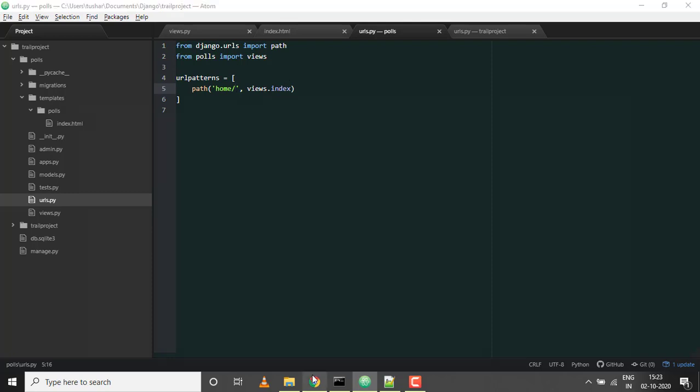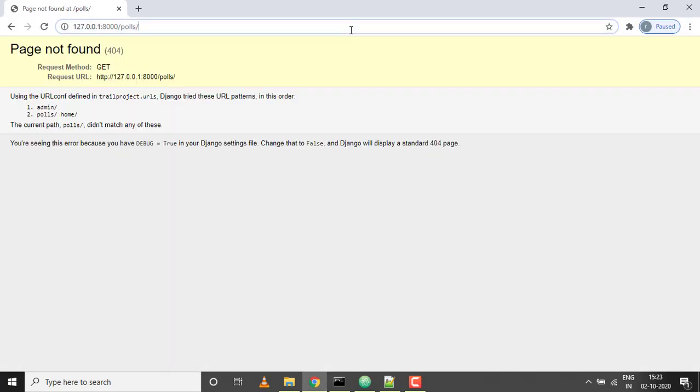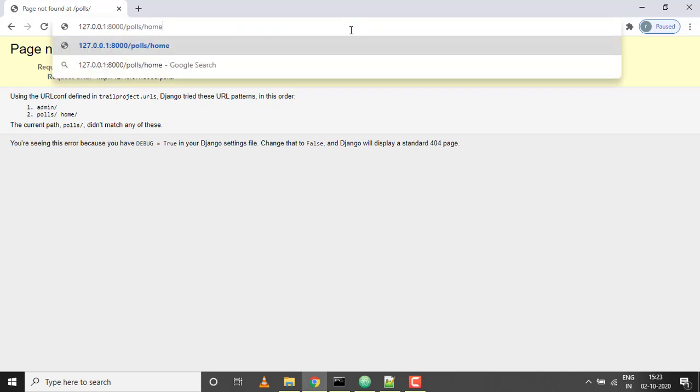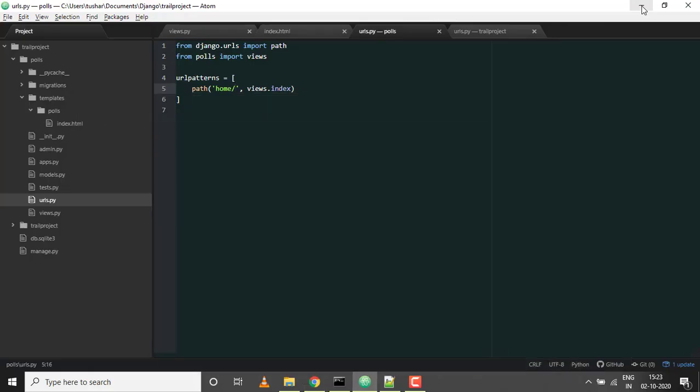The only difference is that when I run this, I'm not getting anything. I'll have to go back to polls home now. Welcome to the channel DevOps Mailer. So this is how good Django is. You can easily fidget around with whatever changes you want to make, and it won't impact your other services which are running.